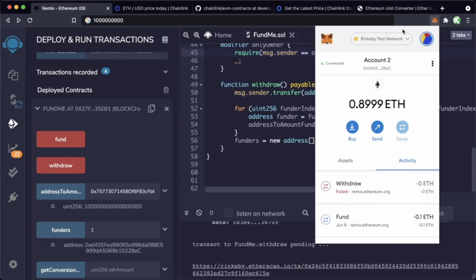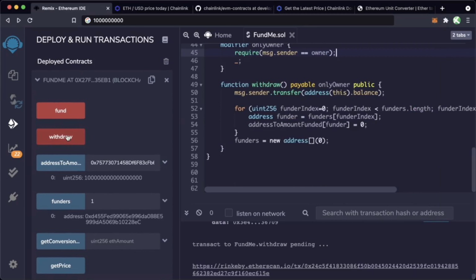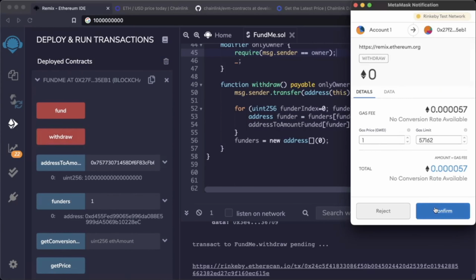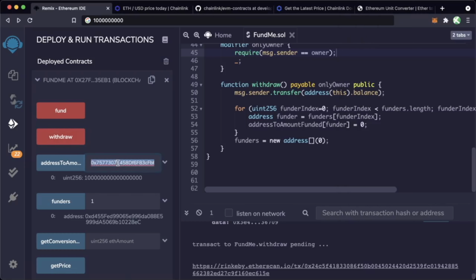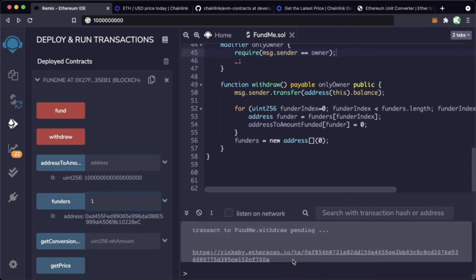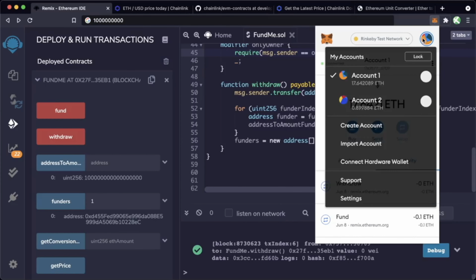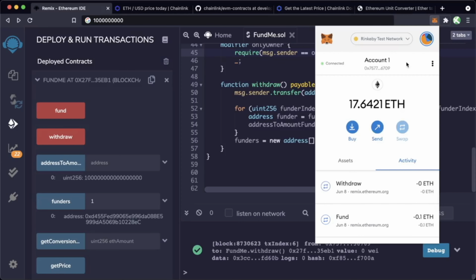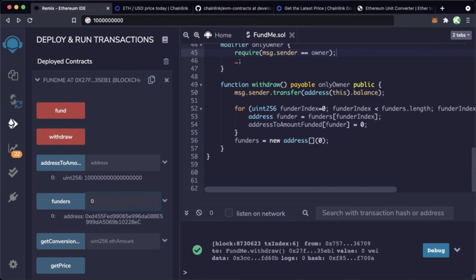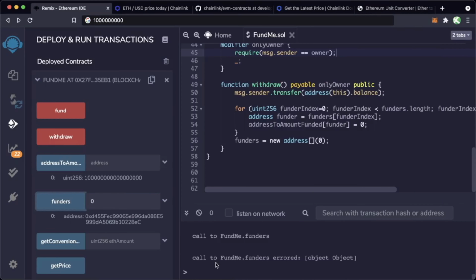So, all right, let's go back to the actual admin, and now let's try to withdraw everything. If we hit withdraw now, we can go ahead and confirm. What should happen is everything in here should be back to 0, and this array should be back to 0 as well. And if we watch our address, we can see it literally just went from 0.4 to 0.6, because it got 0.1 from the original funding that this account put in and the 0.1 that our second account put in. So now if we look at funder 0, we can see it actually errored because it is now a brand new array and there is nothing